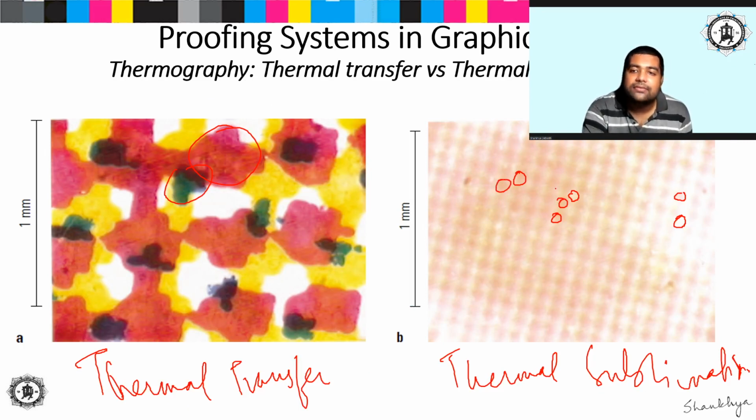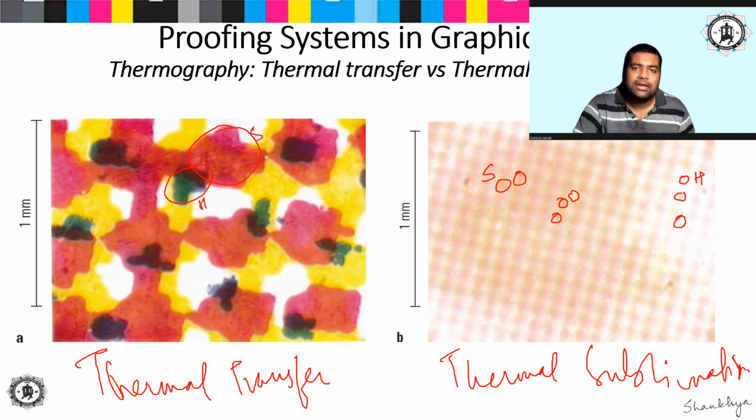If somewhere else there is a lesser amount of heat leading to a lesser amount of ink transferred, then the sublimation layer will allow less absorption of that ink in that particular area, leading to the formation of a highlight area, and in the earlier case leading to the formation of a shadow area. But in case of thermal transfer, a smaller dot means a highlight area and a larger dot means a shadow area.